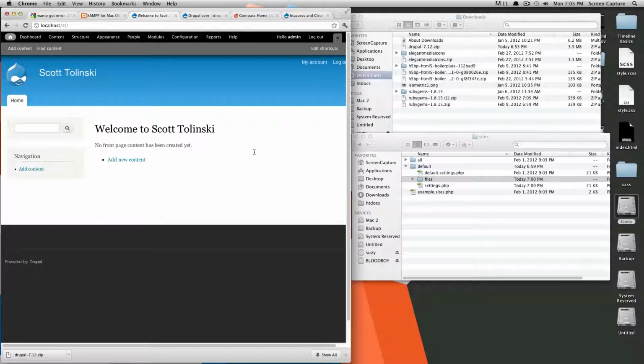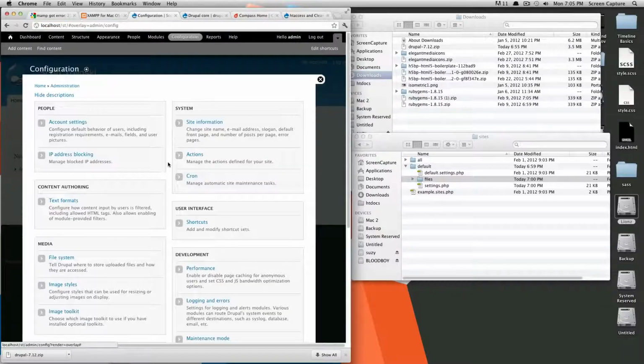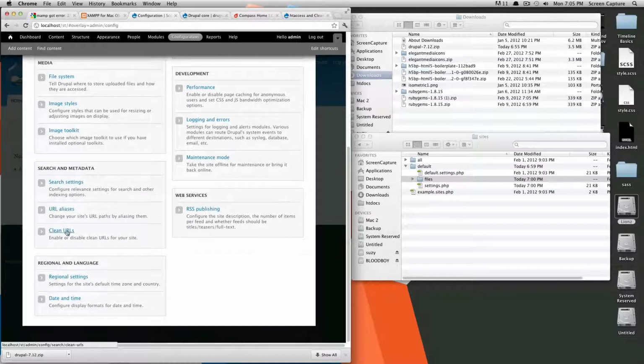Today I'm going to show you something really quick about your new Drupal site that you just installed. We're going to make sure clean URLs are enabled. If you don't have clean URLs enabled, basically in your URL it's going to have a question mark, q equals, and it's not good for things like SEO, and it doesn't have your URLs looking nice and clean. So if we go to configuration and then go to clean URLs under search and metadata, click this,